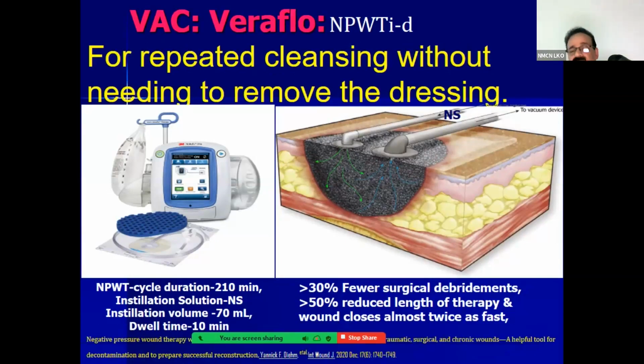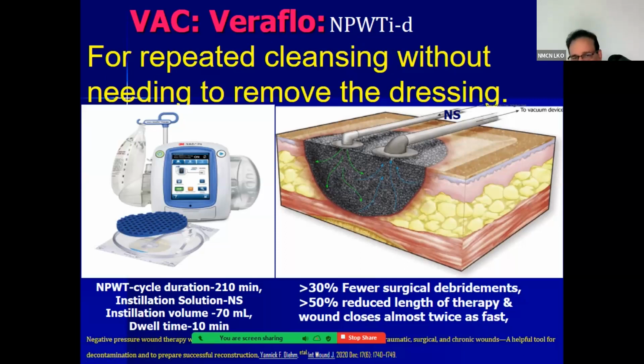And now the next type of negative pressure wound therapy has come, a modification done by KCI itself, known as NPWT-ID. That means for repeated cleaning of the wound without removing the dressing, this works. Actually, it has one inlet through which normal saline is sprinkled over the wound. Normal saline remains over the wound surface for 10 minutes. Around 70 ml of normal saline is put, and then through this tubing,